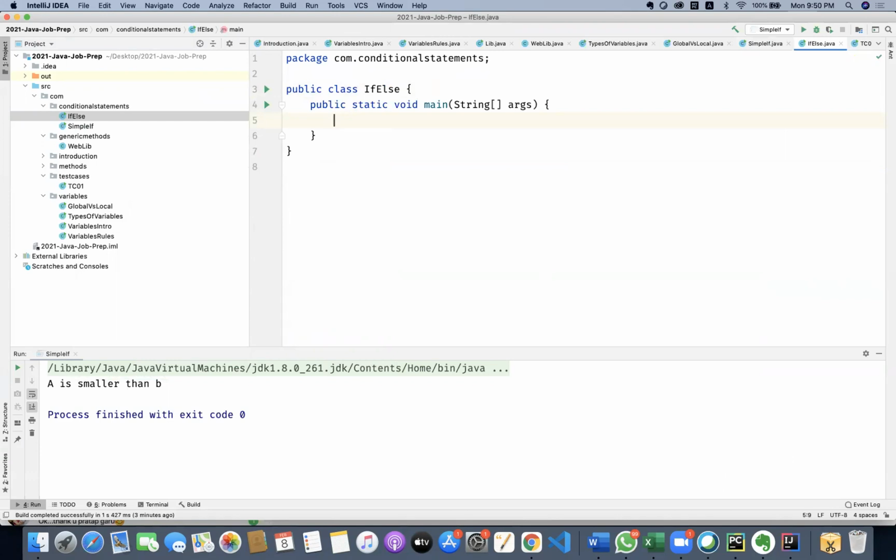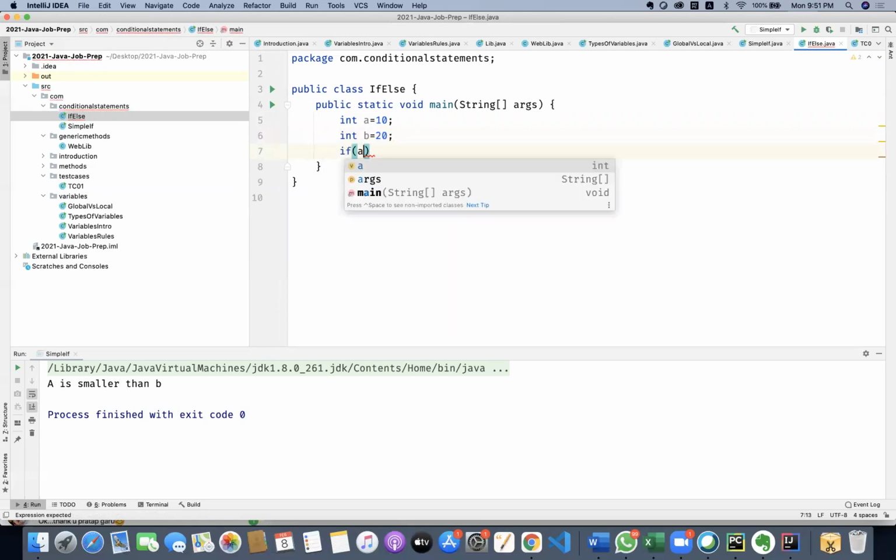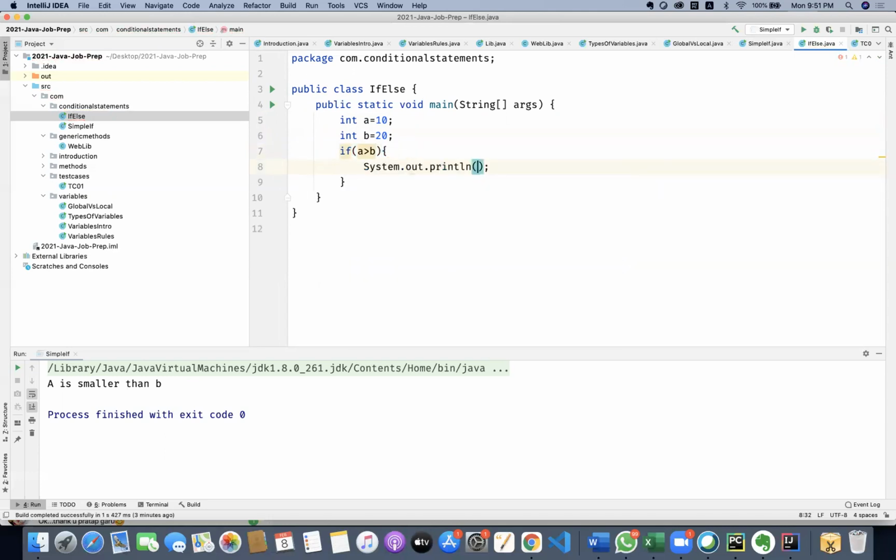Let me write my main method here. Now I have my int a equal to 10. I have int b equal to 20. Now if a is greater than b, System.out, right? A is greater than b, and if I use my else,